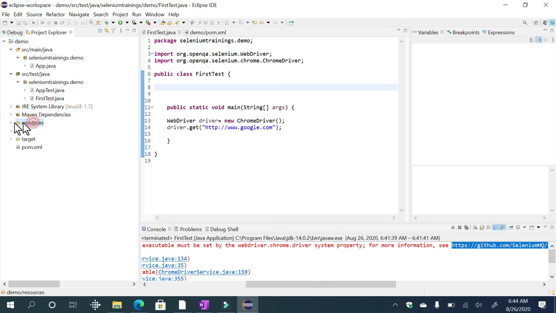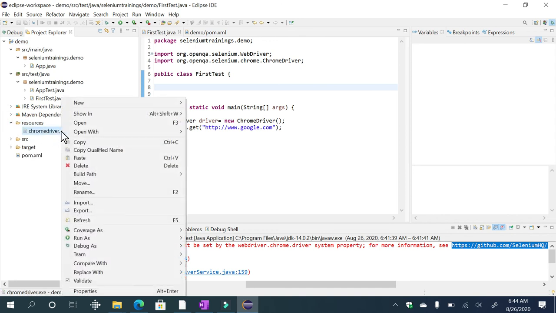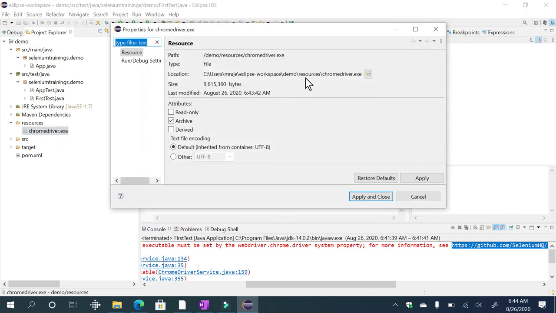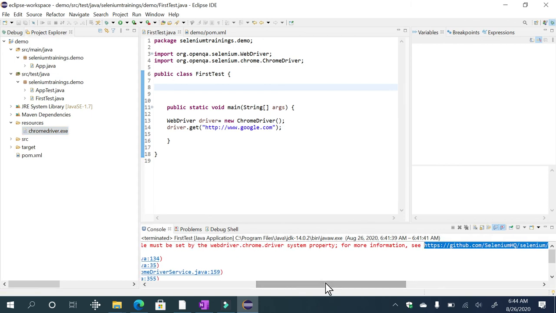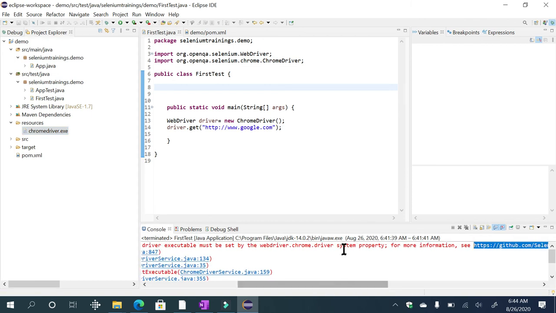Now copy this path. It's up to this, right? Just select this, Control C, and now set the path using the command called System.setProperty. It was asking, right, the webdriver.chrome.driver system property.